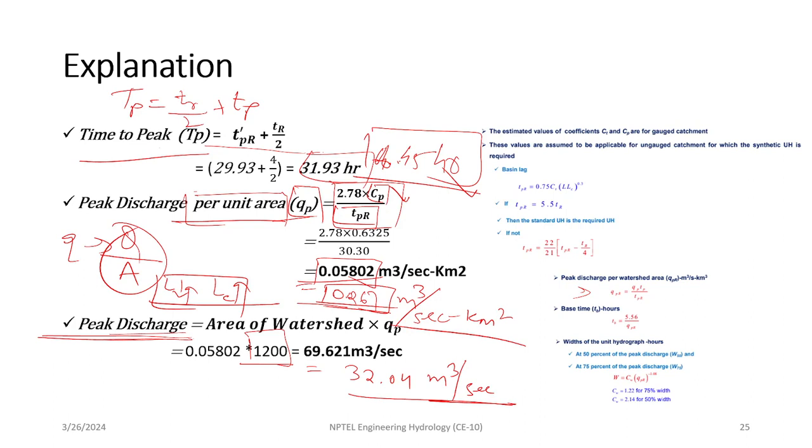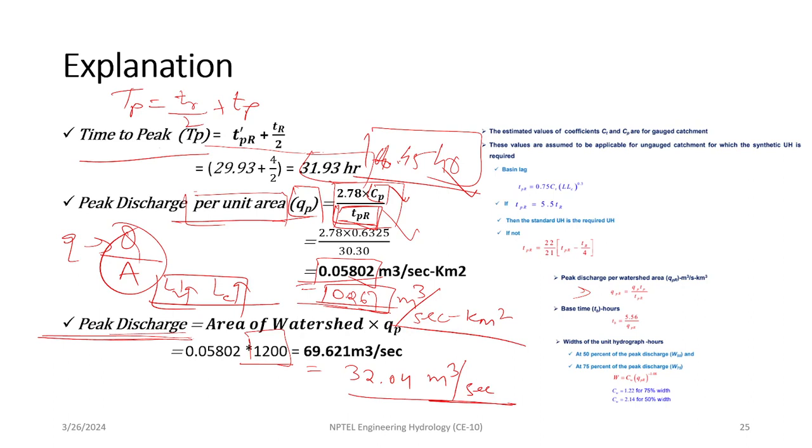Peak discharge can be computed only by using a coefficient called Cp, but that Cp is not taken alone. We also need to compute the basin lag for that watershed where we are computing the unit hydrograph,